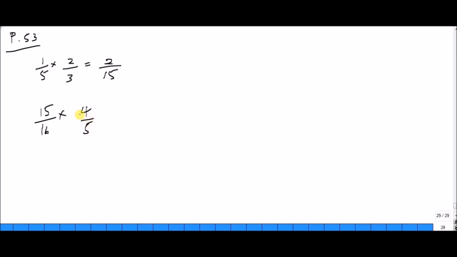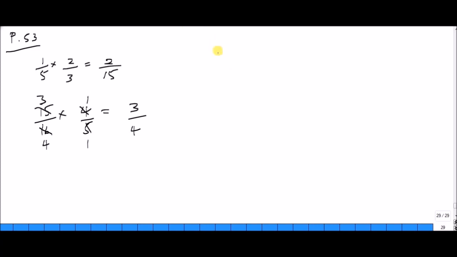4/5, and in this case they cross cancel. They say 4 and 4 will go 1 time, and 4 into 16 4 times. 5 into 5, 1, and 5 into 15 3 times. Multiplying across now, they say 3 times 1 would be 3, and 4 ones would give us 4. Last example they have is